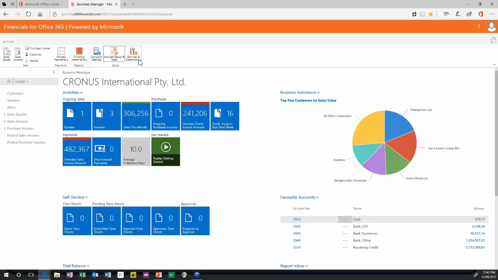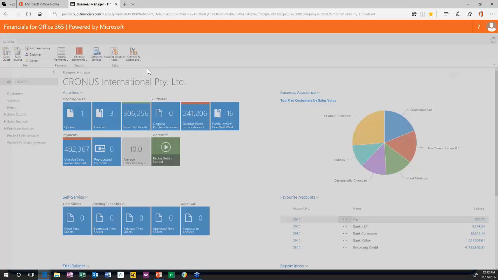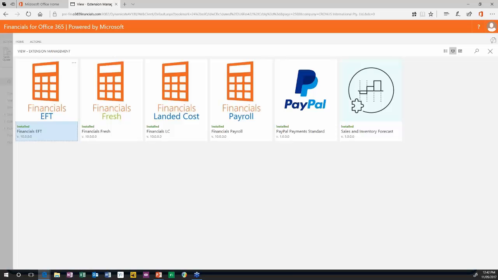Now, while that'll help you guide yourself while setting up Lite edition, we've extended the functionality, pun intended, with the financials apps. So this is how we introduce new functionality into the program for our Lite and standard customers. Those of you that have used financials before will be familiar with the financials EFT and landed cost modules. They're key functionality that we've always thought makes the program more suitable for the SMB space. And if you've been keeping your ear to the floor and hearing a couple rumblings, you'll hear about Financials Fresh,